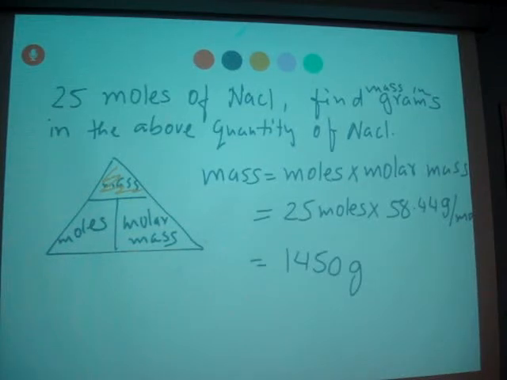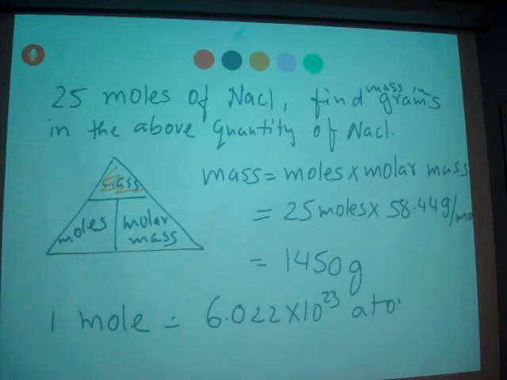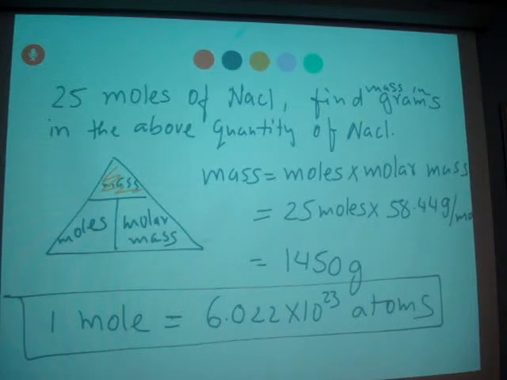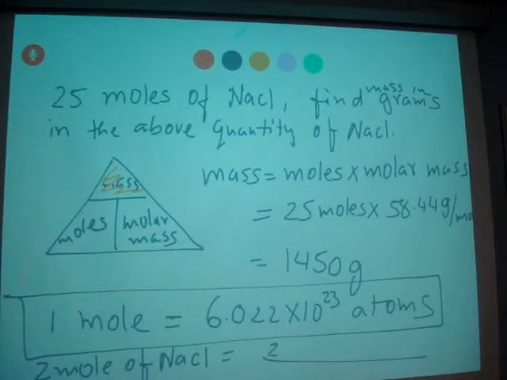Mass of NaCl. Now we know that 1 mole equals 6.022 times 10 raised to 23 atoms. Okay? So this is Avogadro's number. Now let's say if we have 2 moles of NaCl, how many atoms? So what do you do? 2 times 6.022 times 10 raised to 23 atoms. And when you calculate,